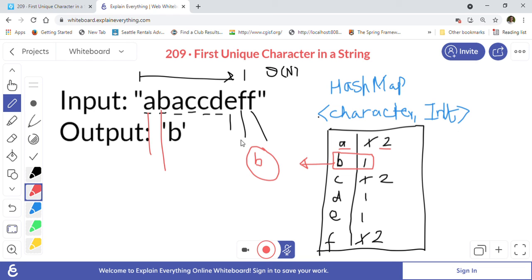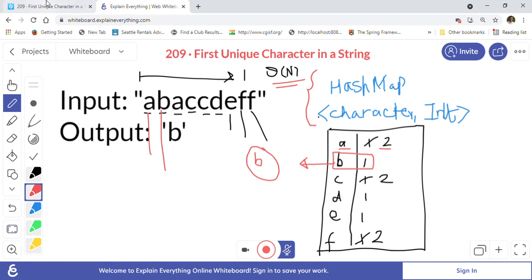The first approach is better in the sense that it is using less space. Hash map means we are using another data structure to solve the problem. The first approach will be a little bit better because it just has a fixed 26-character array, and it will occupy less space compared to the hash map. Otherwise, the time complexity of this solution is also order of n, because we are just doing two for loops and they are separate from each other, where n is the number of characters in the string.